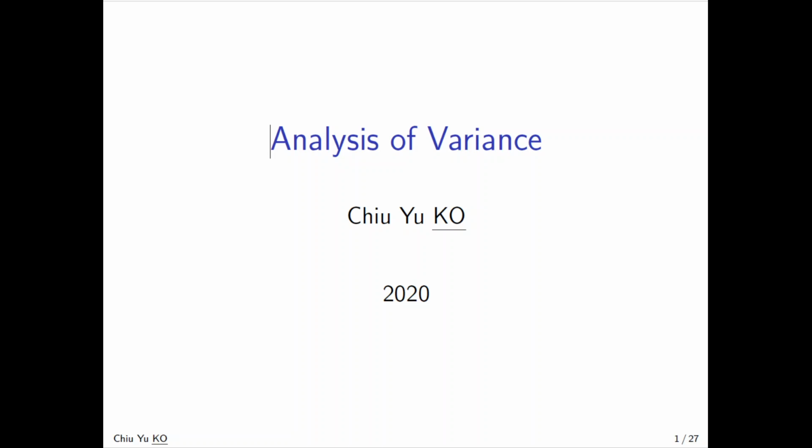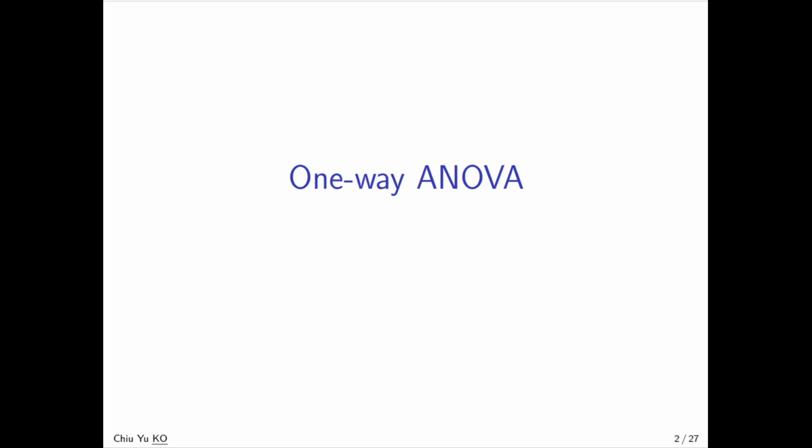So analysis of variance, the short form is ANOVA. Here, one way actually means we try to see if the grouping would make a difference. Suppose we have male and female, whether this would make a difference, or whether people live in three different areas, area A, area B, area C. We want to see if the grouping by itself makes a difference between the means